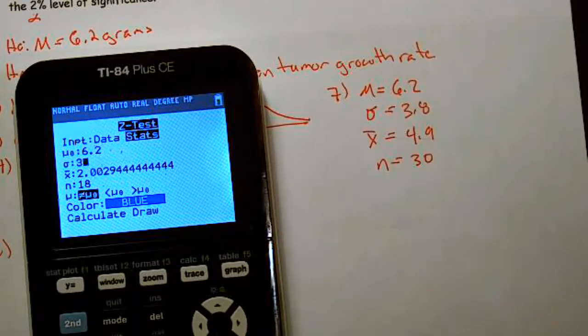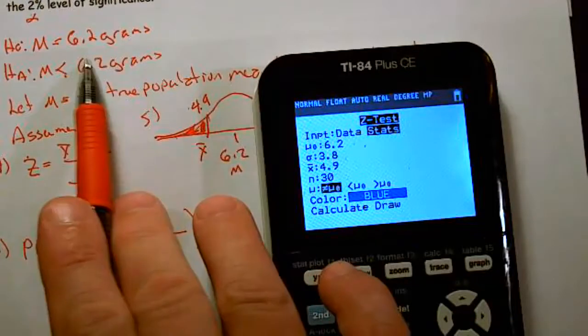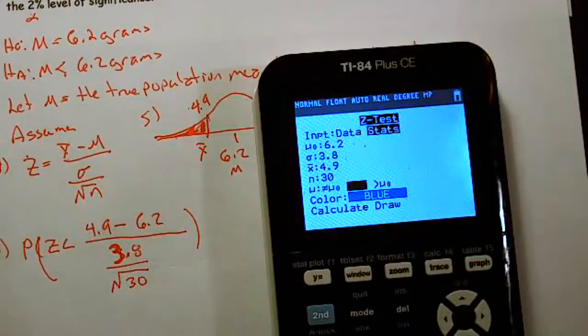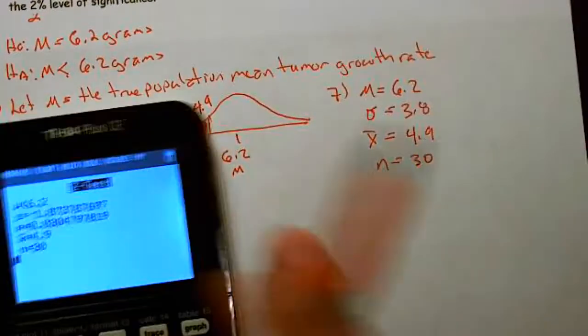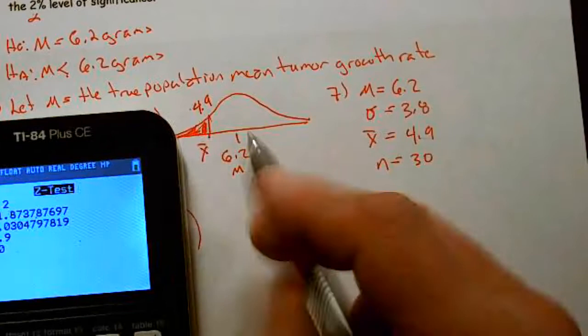Standard deviation, 3.8. X bar, 4.9. Sample size of 30. And we said we had a less than, so we need to make sure less than is highlighted. We calculate,